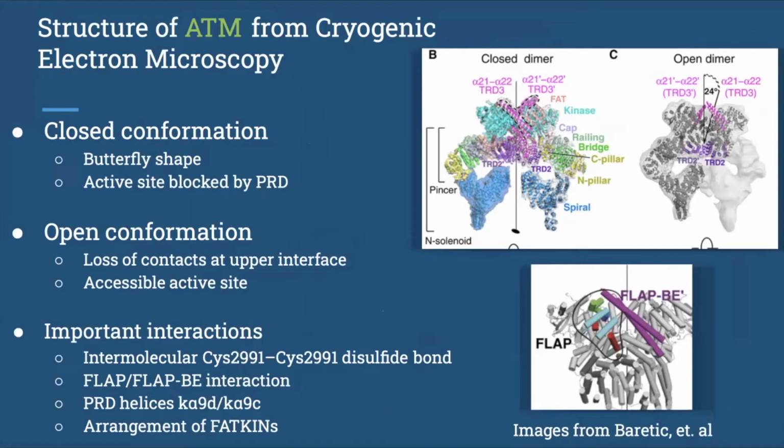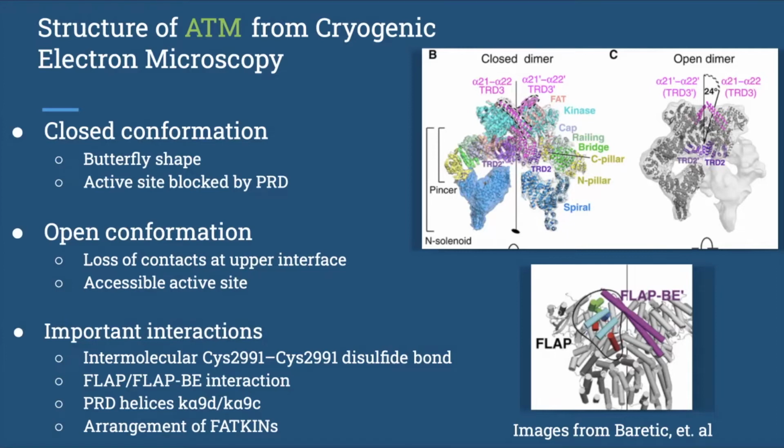Let's talk about the closed conformation first. An intermolecular disulfide bond between the cysteine 2991s of the two protomers is responsible for shifting the ATM dimer into its closed state. Its breaking and formation is involved in ATM activity regulation. An important interaction between the flap and the flap BE restricts access to the ATM substrate binding site. On top of this restriction, the PIKK regulator domain, or PRD, acts as a pseudo-substrate to block the active site in the closed dimer. The FATKINs are arranged symmetrically, and the upper and lower interfaces of ATM interact with one